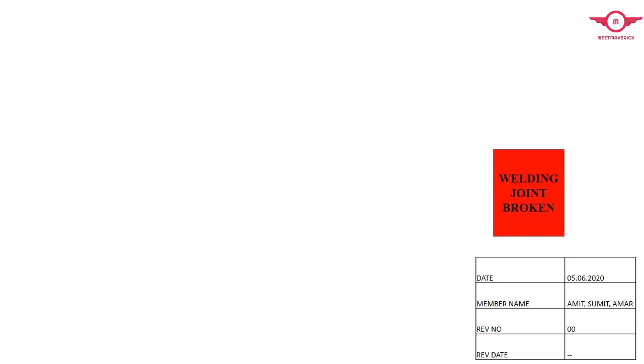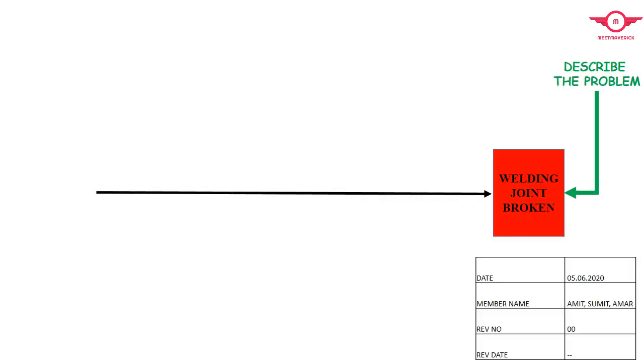Now, a problem is an unwanted thing or unfamiliar event. A particular problem is enclosed in this red box with bold characters, for which we need to find the possible causes. Next thing we have to do is draw a backbone line. All branches are connected with this backbone line. The backbone line must be the heavier and darker line in the diagram, pointing towards the problem with an arrowhead.